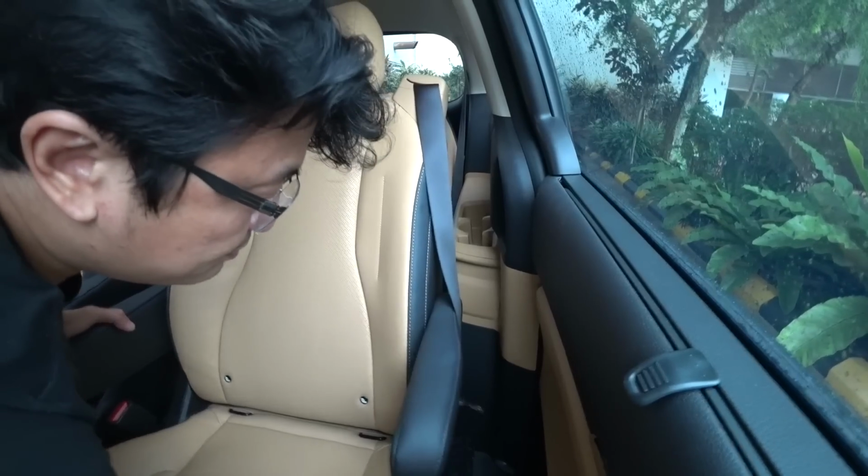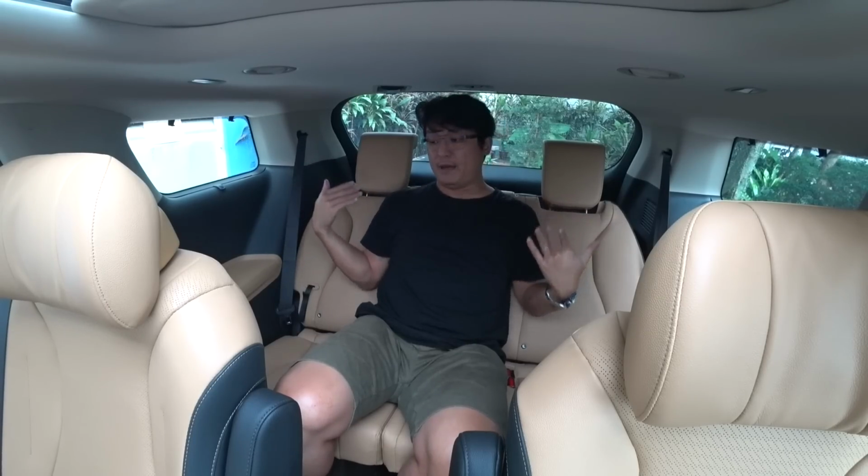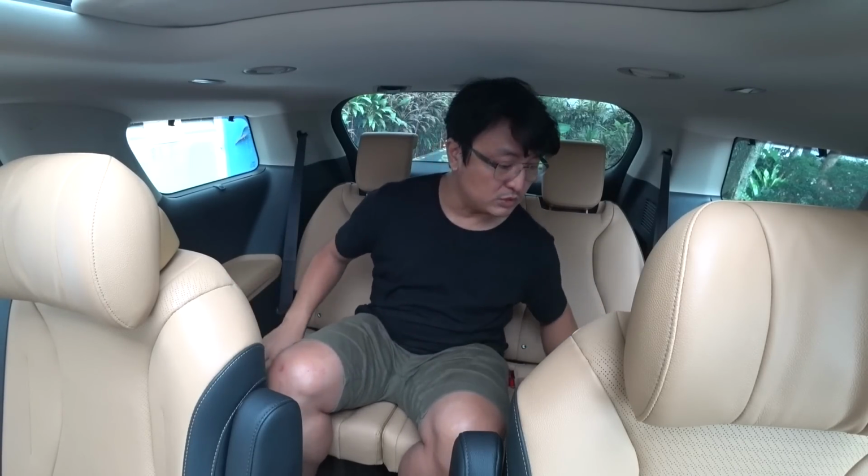By not cutting off the third row passenger with the second row, there is a sense of where you can enter, exit, you know, at will. And then of course the levers to push the two seats in, which allows them to fully recline all the way back, lying down, which is to evade the wheel well. So this is the review of the Kia Carnival